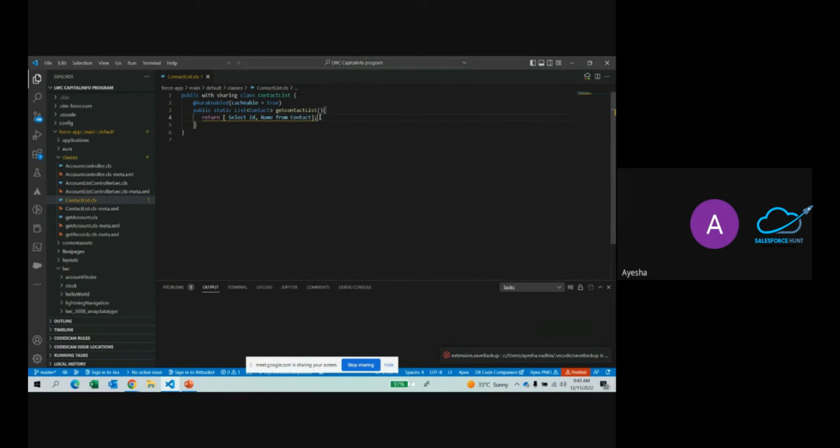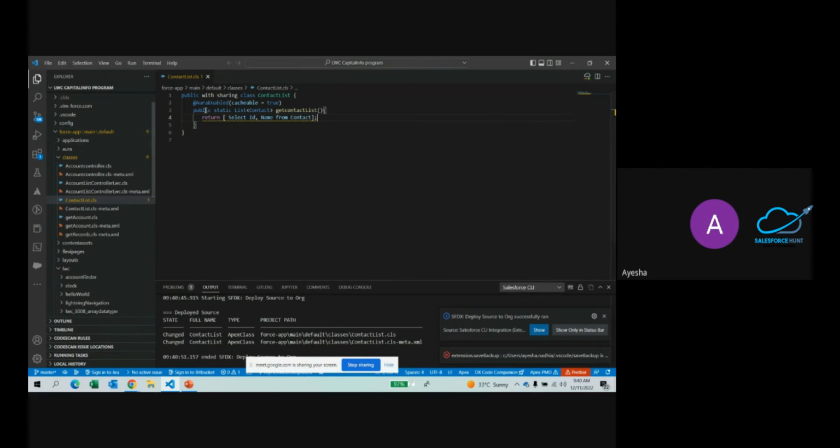Once I'm done with this, the class turns yellow, which means it is giving me a warning. Let's see what that is. It says to validate the CRUD permission before the SOQL or DML operation. That is, whether the user has permission to get the records from that object. In order to avoid this warning, we'll just use the keyword with